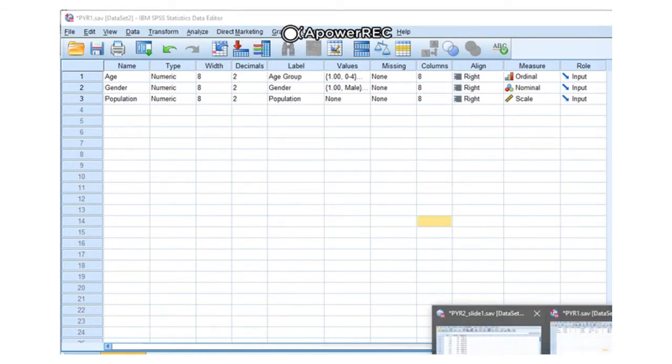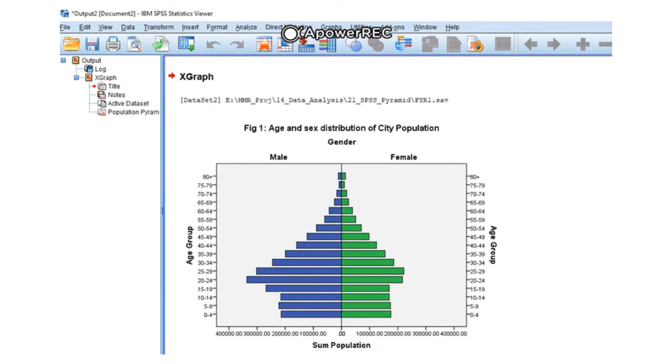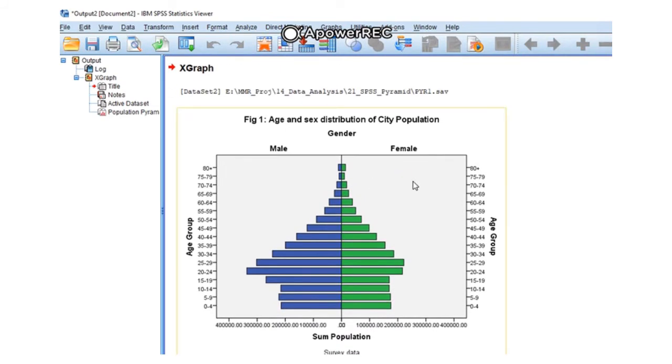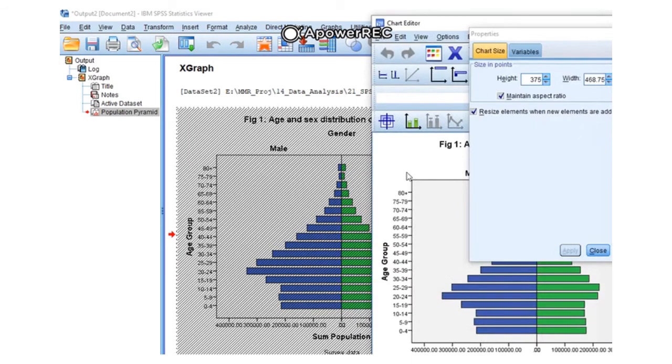Then go to the output view, and you will find this is the information given here. Once you get it, you can double click and edit it here. You can see here there is a difference.